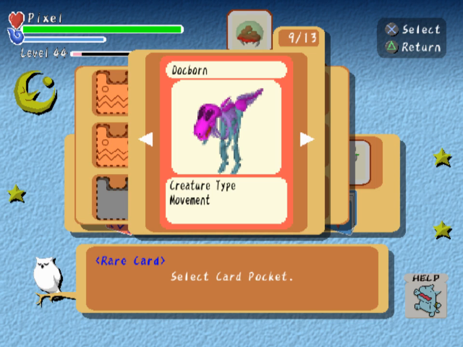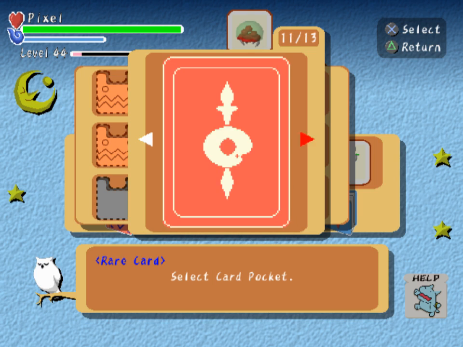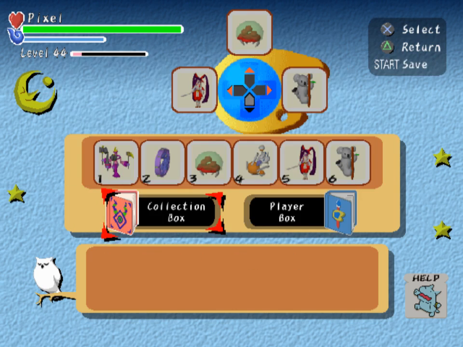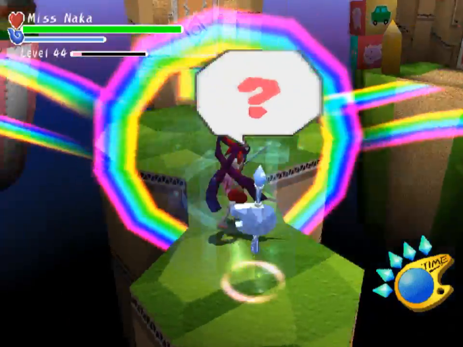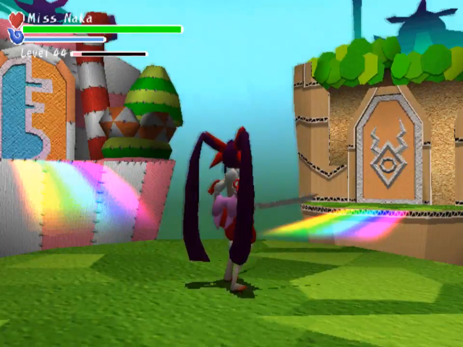Dockborn was in the Cannon of Block Valley. When you kept killing the block frogs, he'd drop down in the middle eventually. Gatlingsaurus was not long after that, randomly replacing the twin coppers. And we don't have the next one. The next one is in the Beast of the Lost Sea, which is the area we just finished up before getting to